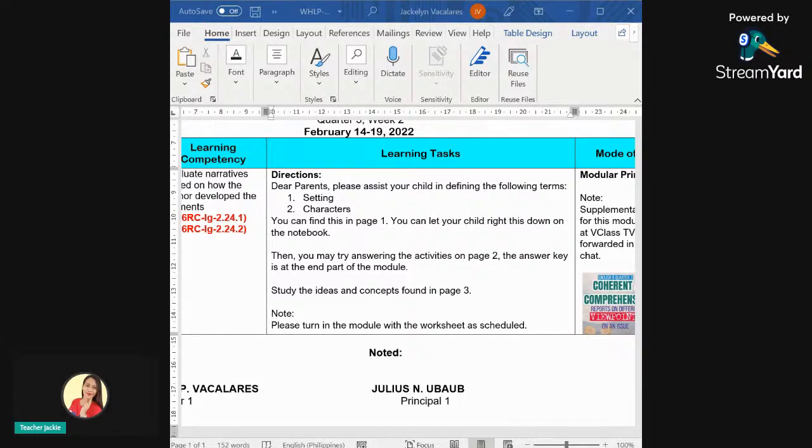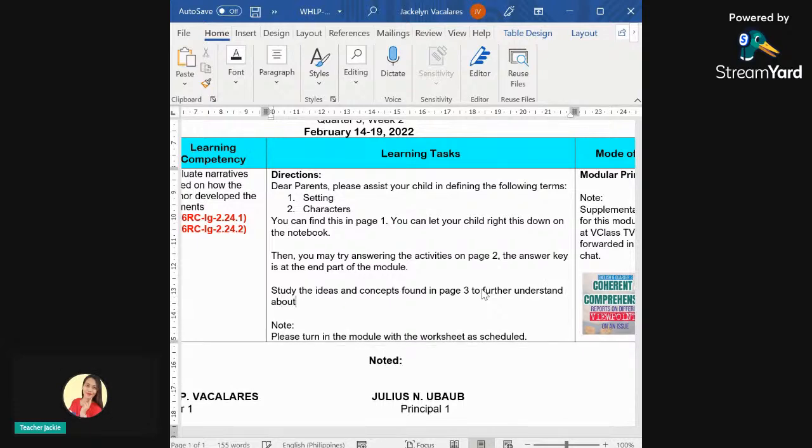So to further understand about settings and characters. Okay. So after that, now I'm going to have, so if they did this one,